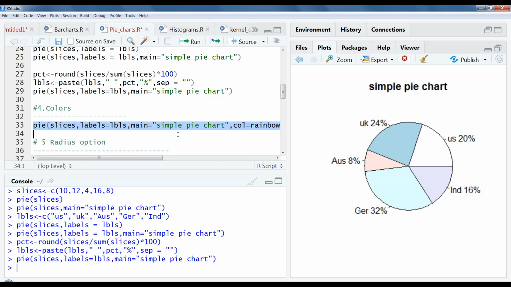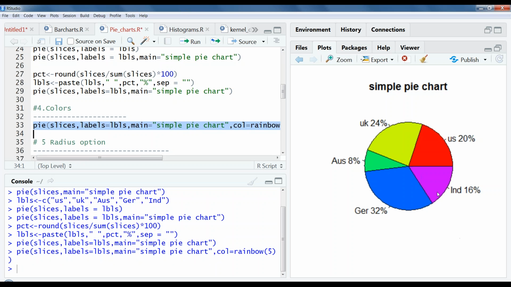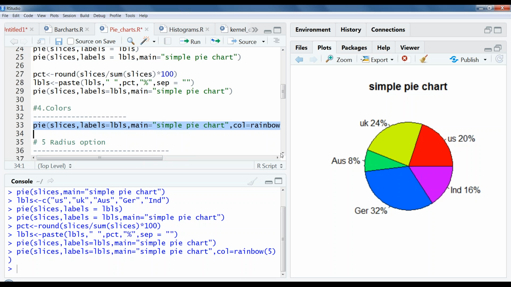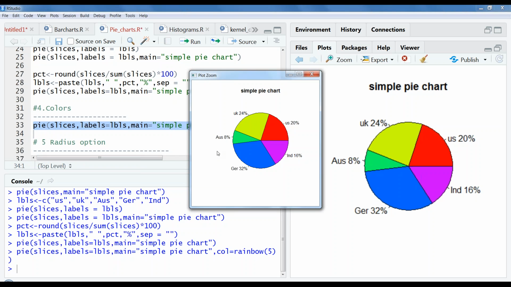Same set of options I am using. Now you can see a little bright color. I have used rainbow colors: color equal to rainbow, and 5 as my parameter here. So 5 bright rainbow colors, with the same remaining options like labels and heading as well. Now this looks pretty good.